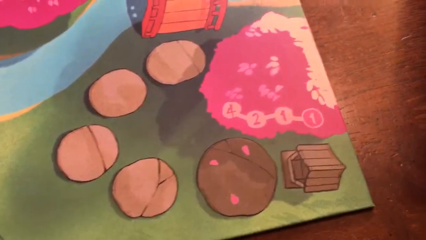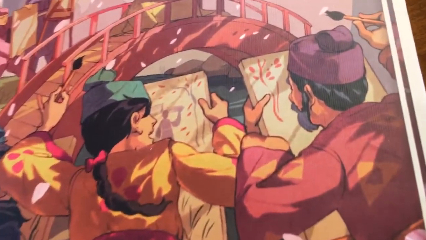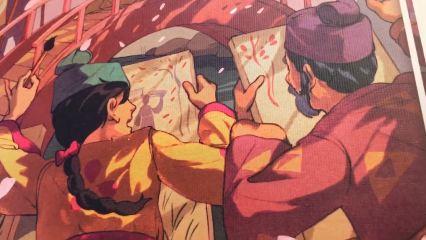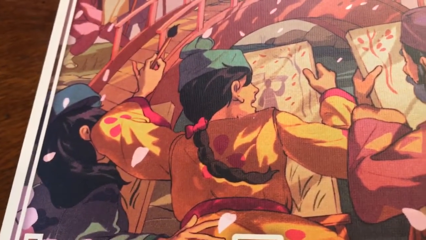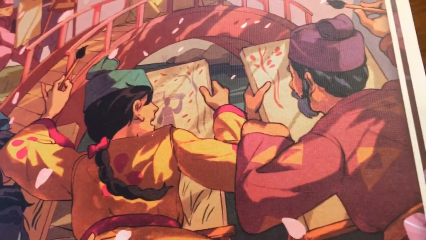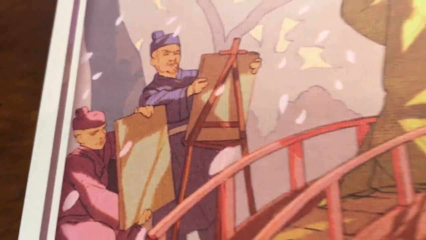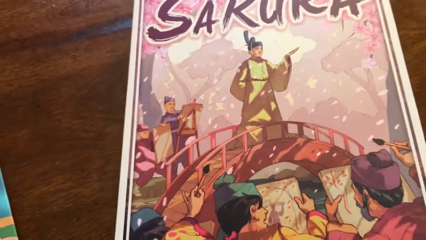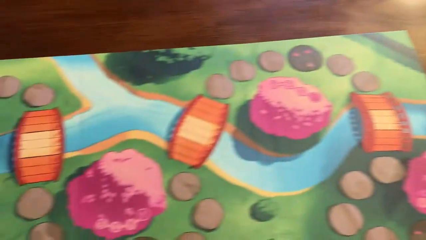You as a player are playing one of these painters. I shouldn't say guys. Male and female painters are following the Emperor around the garden. There they are there. And they're trying to get as close as they can to the Emperor each time the